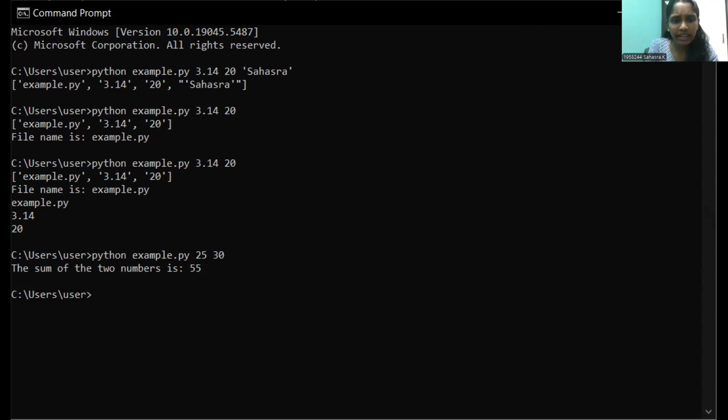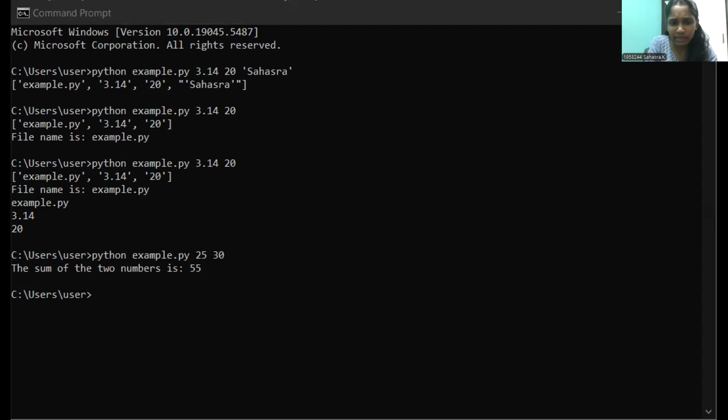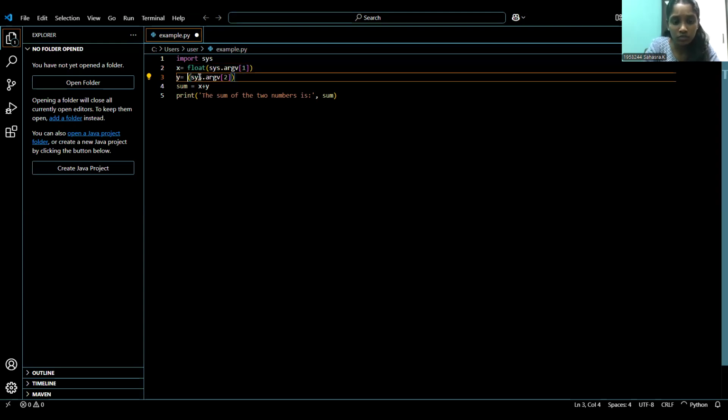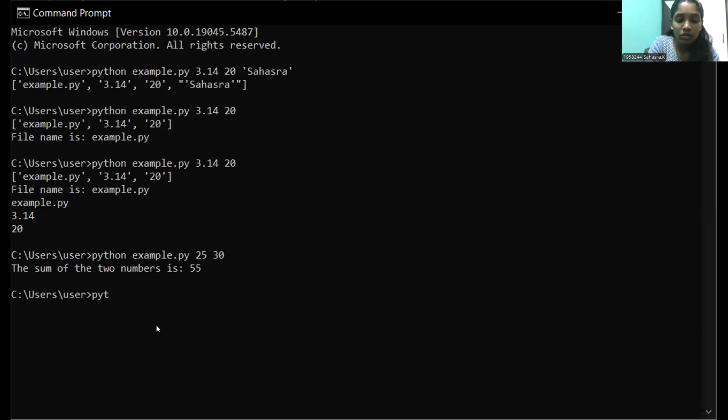If you want, you can just change the data types according to your wish. Like instead of integers, you can take float values. I've taken 2 float values. That's just according to us whether we want to find the addition of integers or floating numbers.